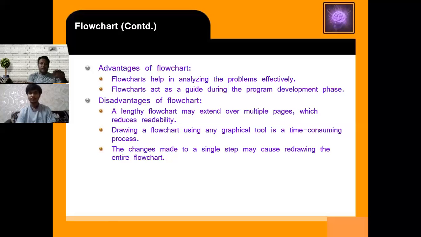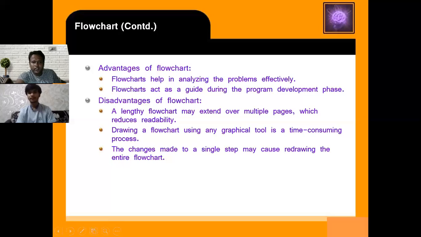If the things are written on one page, then another page, then you have to move back and come to the previous one. That is difficult, so it reduces the readability, and it reduces the efficiency of a particular person. Clear?